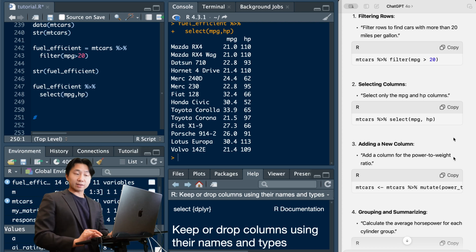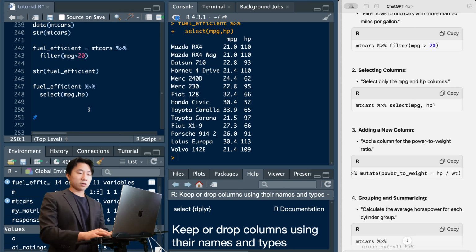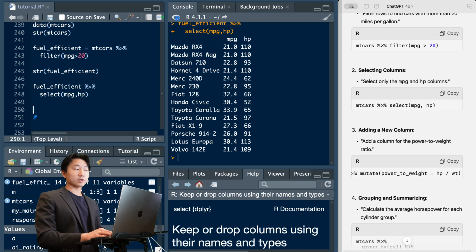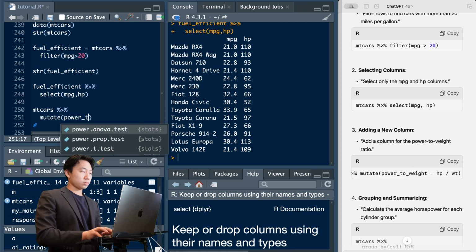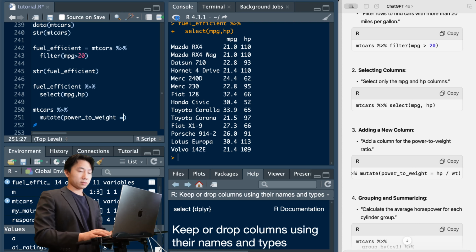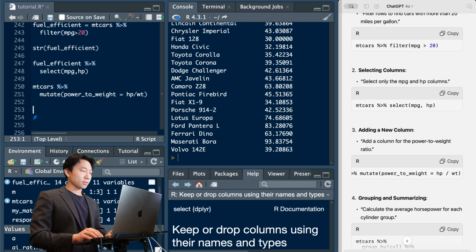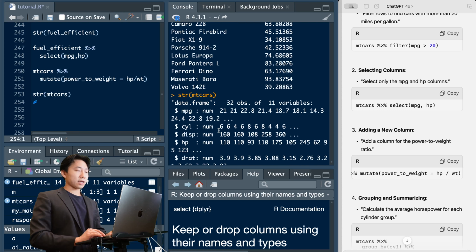Moving on to mutate, let's say now we want to compute a new variable called power to weight. It's a ratio of horsepower to weight. And we don't have this variable in the data set yet. So mtcars, pipe operator, mutate, power_to_weight is equal to horsepower divided by weight. And then now if we do str of mtcars, we see that there is now